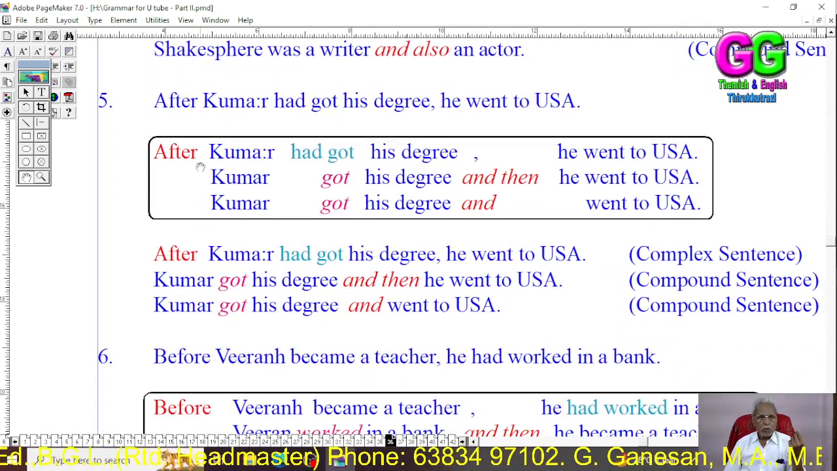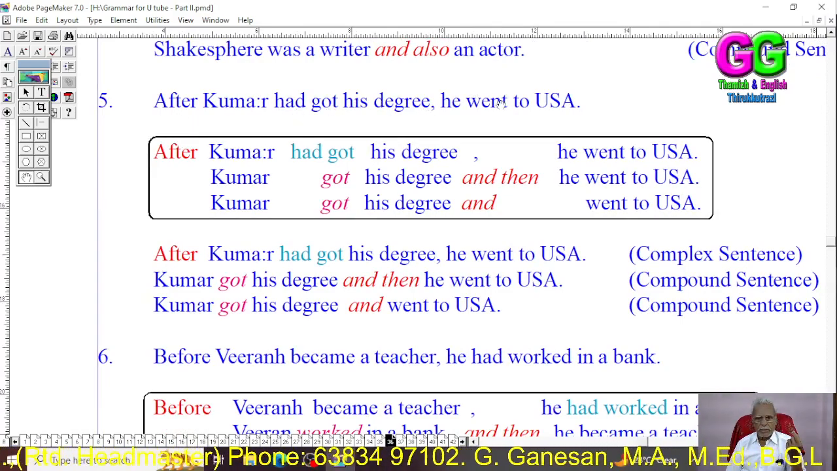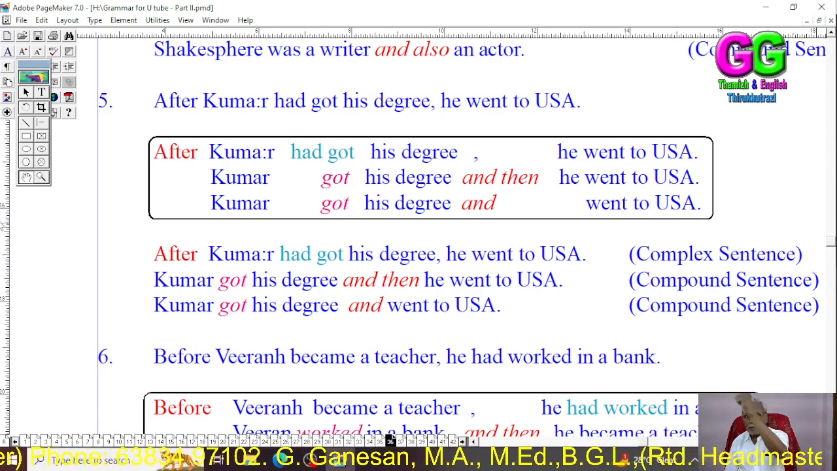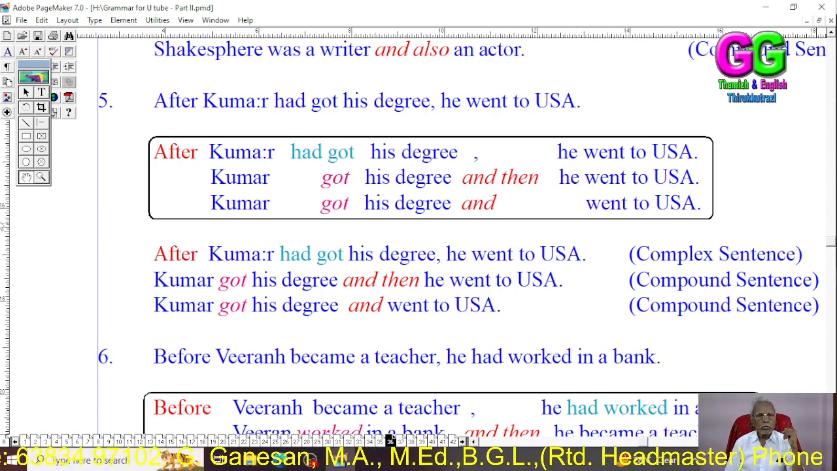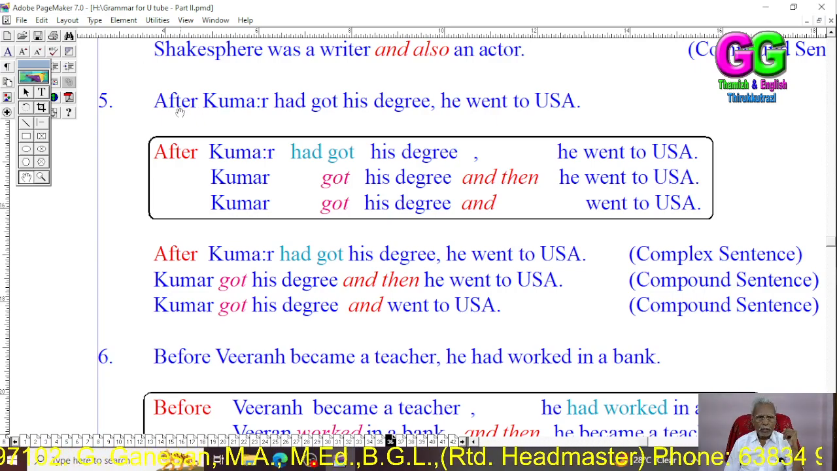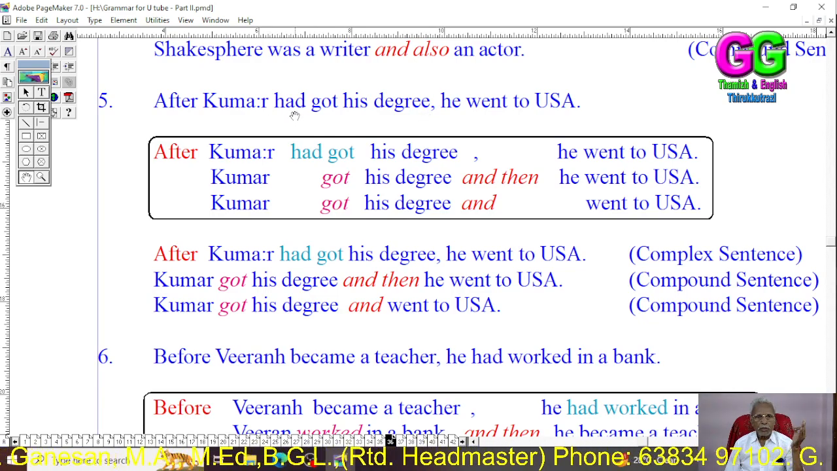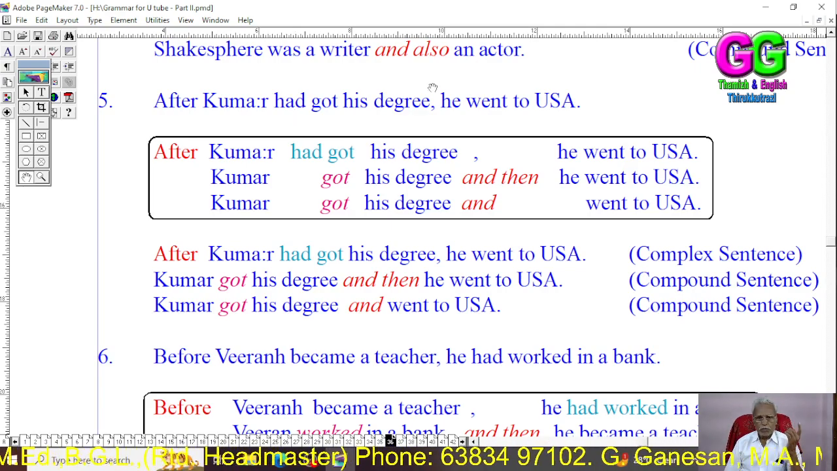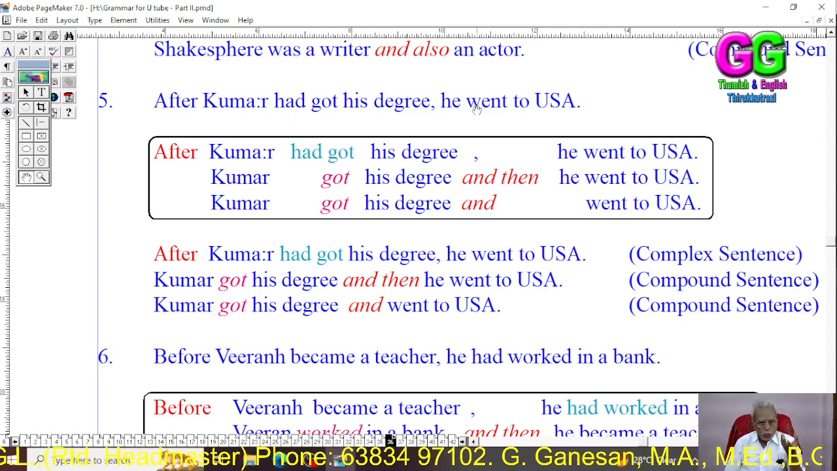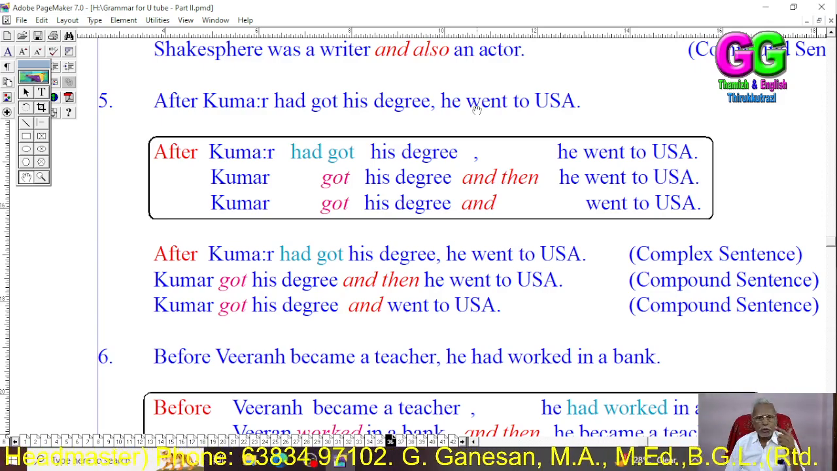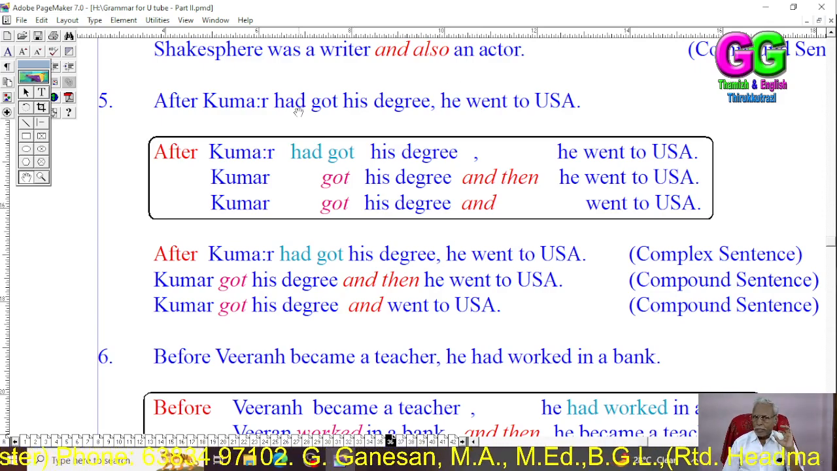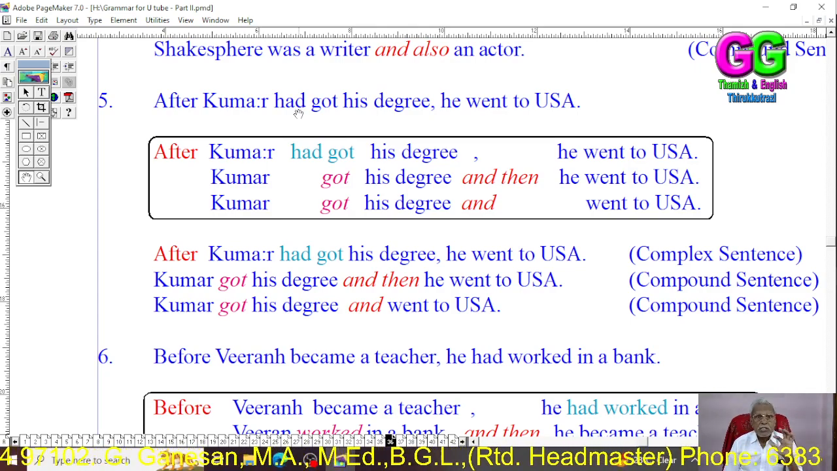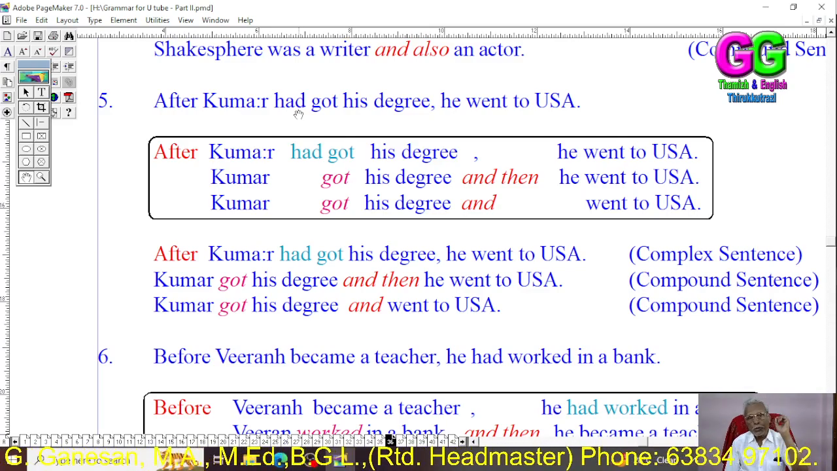Then the fifth example. After Kumar had got his degree, he went to USA. That is, Kumar first got his degree and then he went to USA. Here, after Kumar had got his degree, the after clause, the subordinate clause, is in past perfect and the main clause is in simple past. When we change this complex sentence into a compound sentence, the past perfect tense in the subordinate clause should be changed into simple past,